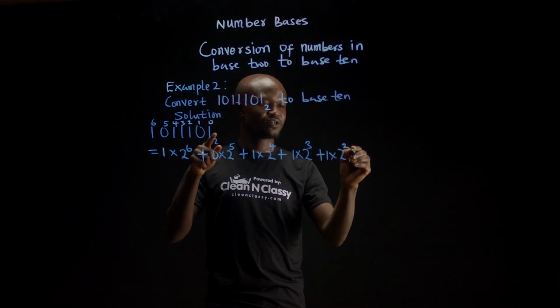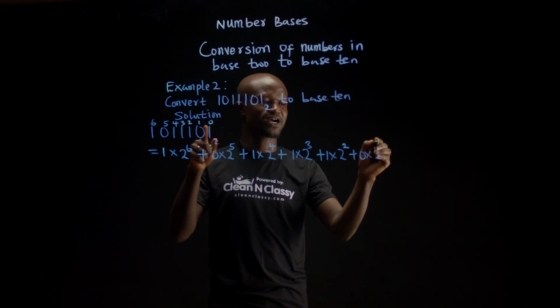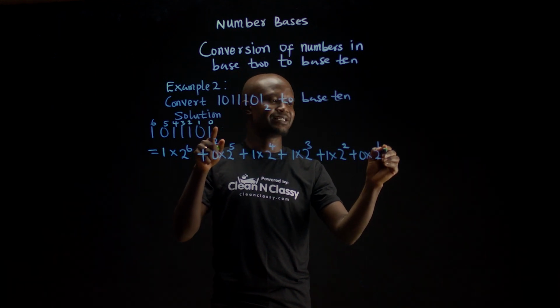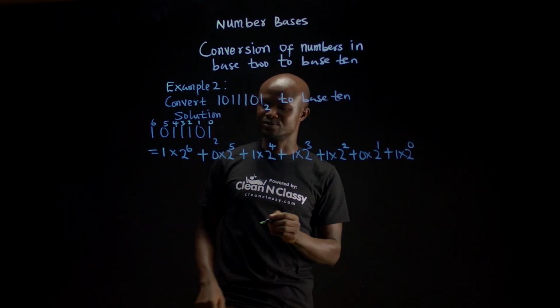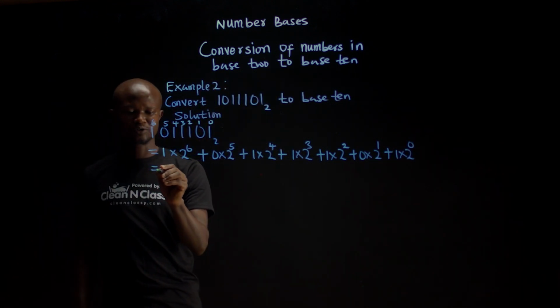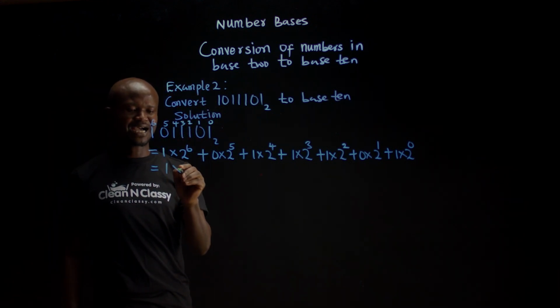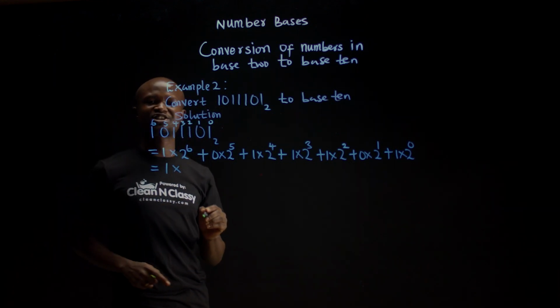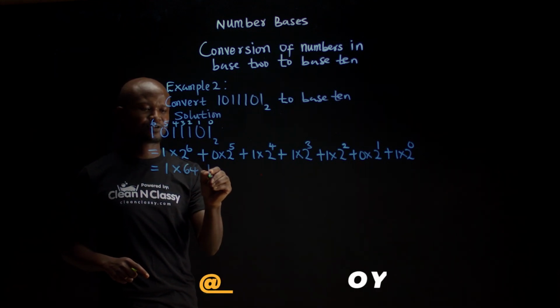2. The next one, plus 0 times 2 raised to the power of 1. Then plus 1 times 2 raised to the power of 0. Now, we simplify. 1 times, what is 2 raised to the power of 6? 2 raised to the power of 6 is 64. Plus,